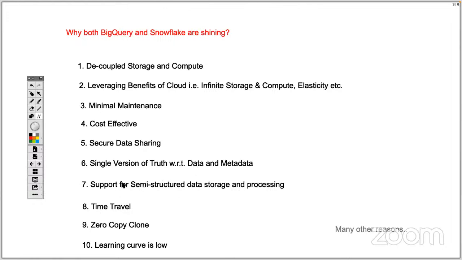Apart from that, support for semi-structured data storage and data processing. That means BigQuery and Snowflake store your semi-structured data in an optimized manner, and the query optimizer is also able to parse that data. So it is not a black box for your query optimizer. In other data warehouses, you must have seen that you are using binary, blob, clob, or so many other data types for storing semi-structured data, which does not help the query optimizer, and it cannot generate an optimized plan for the nested data. But here we have that support.